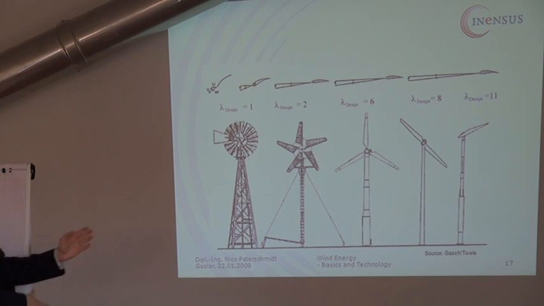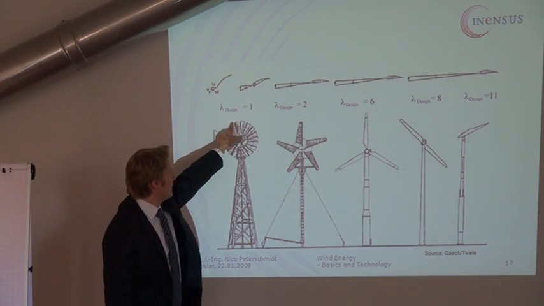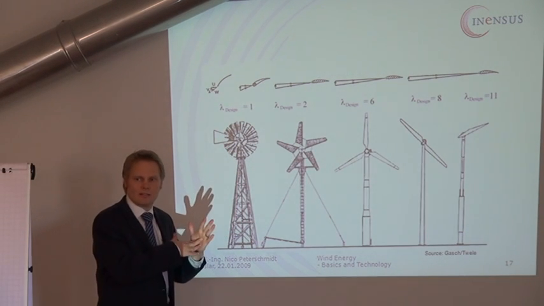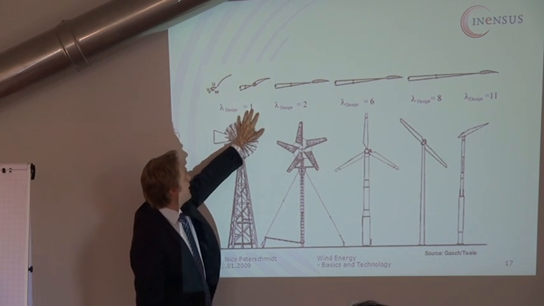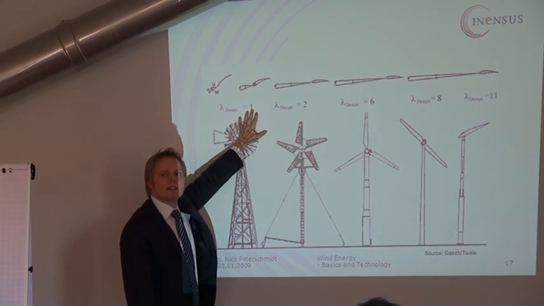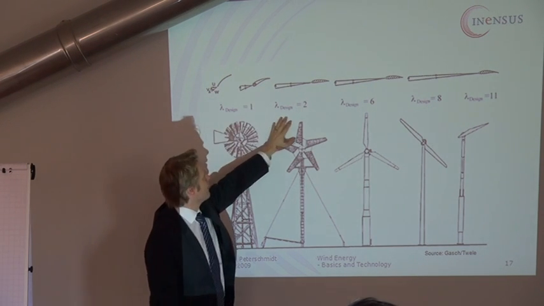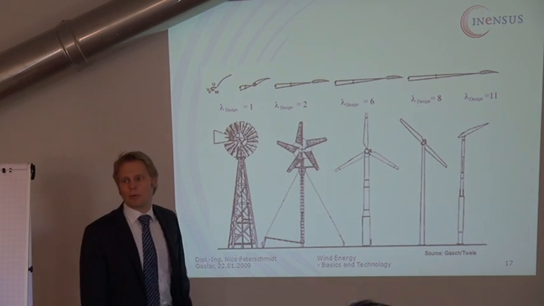So if you have got a value of 1 here, the tips move as fast as the air, as the wind. If you go at 1 or below 1, you have rather got a drag type profile. If you go above 1, like 2 or even higher, you have a lift type